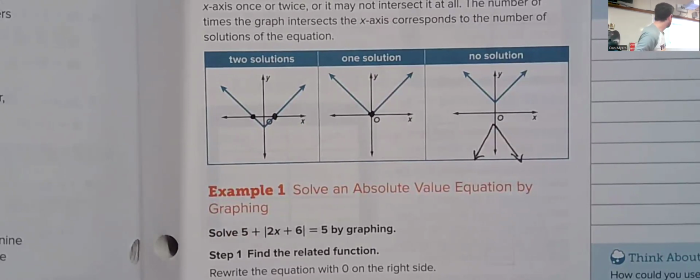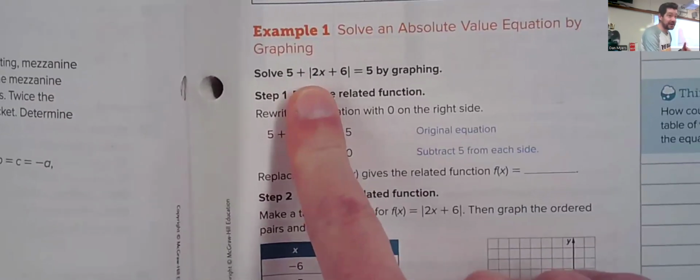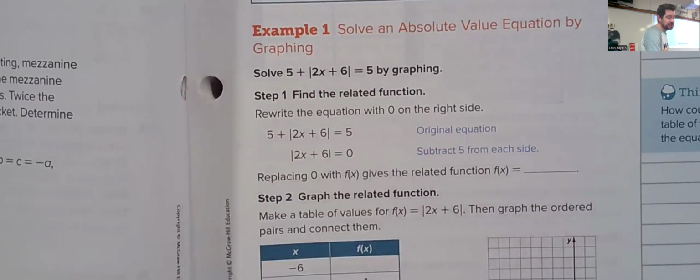So those are our 3 possibilities. 2 solutions, 1 solution, no solution. Infinitely many is not an option here. Because if it's a V-shaped graph, there's no way it can be equal to the x-axis. That's not going to happen. So in terms of solving by graphing, you must get the absolute value portion of the equation isolated. So in this first example here, if we're solving this by graphing, we are going to